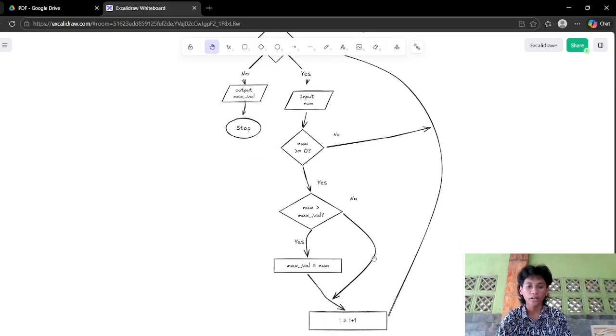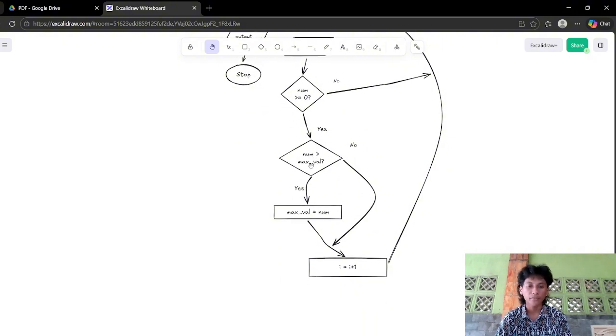Oh no, it will go again to I plus 1. So if it's yes, this is the one. If num is larger than or equal to 0, then check whether num is larger than max value. If yes, then max value is assigned the num.